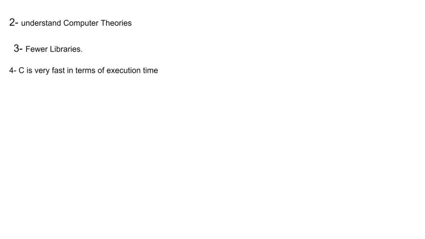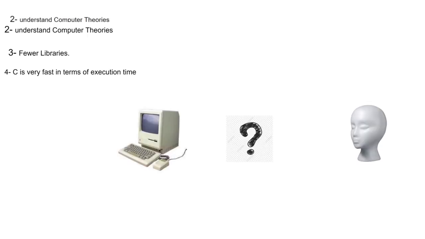So enough talking, and let us start downloading the programs that we need. Before we go to the next step, I want to tell you that the computer doesn't know C or C sharp or C++. I mean, it doesn't understand it. It doesn't understand C or C sharp or Java or any other programming language. You know, when you write your code for the computer, it will not understand it. We are human and we understand human language, but the computer is a machine and understands just machine language.